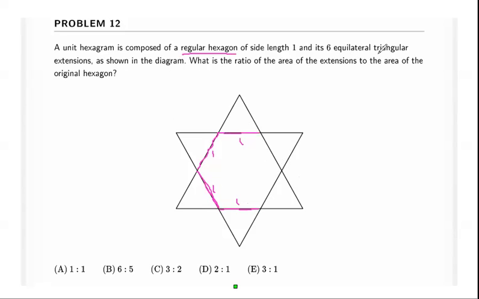And then there are 6 equilateral triangle extensions. So meaning that this is also 1, this is 1, this is 1, this is 1, and stuff like that. So what we want is the area of the extensions to the area of the original hexagon. So original hexagon is the one in the middle, right? Since this is a regular hexagon, it's all nicely symmetric. If you take the center of the hexagon, and then if you connect this point to each vertex, you will actually see nice relations. So if I connect these guys,